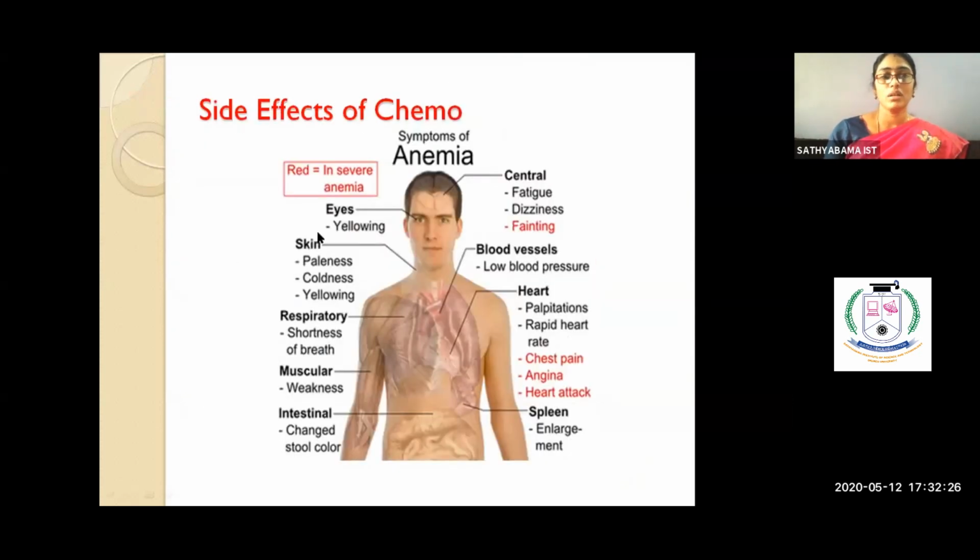So again, side effects. As you can see, people who are done with their chemo will have bad dizziness. They'll want to rest, right? So the blood pressure reduces. There might be chances of getting a heart attack, right? There are respiration problems. And mainly with our hair. We have all heard they lose hair. That's the main symptom we all know, right? So they start losing their hair and all that. So you'll have to take care of this entire thing.